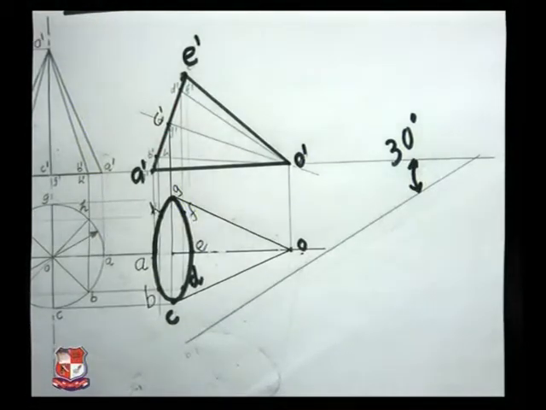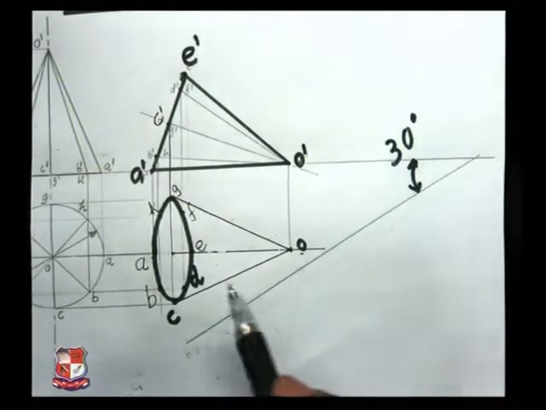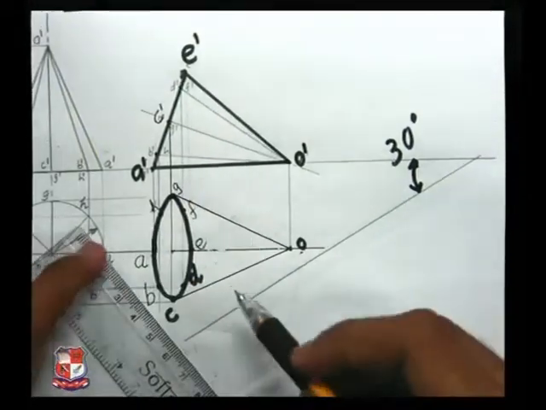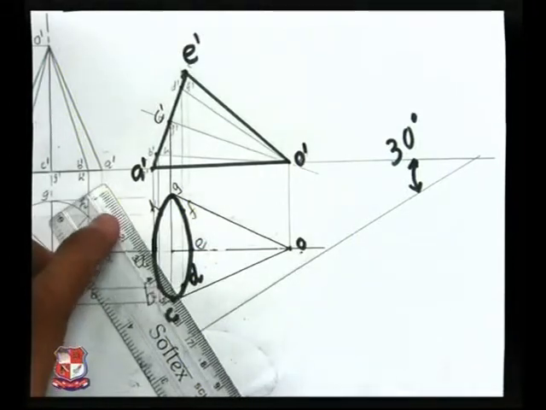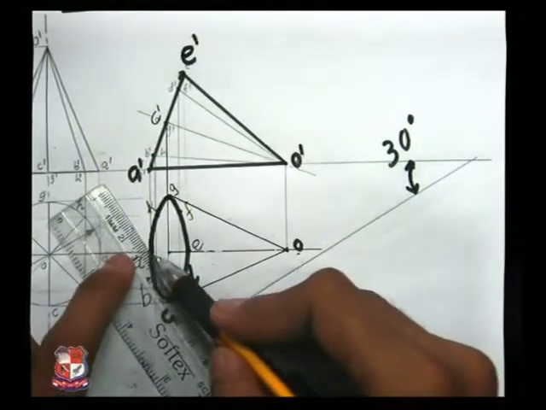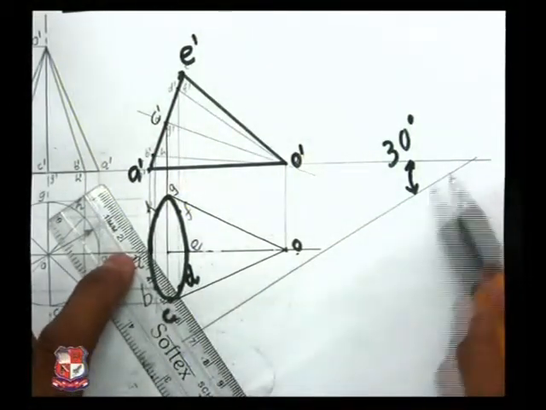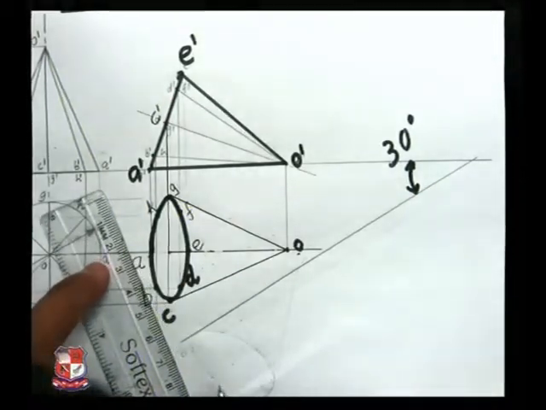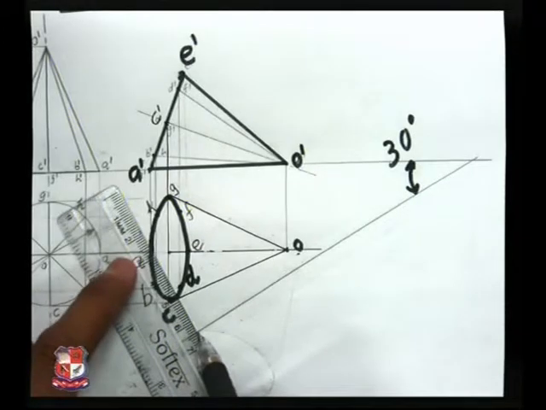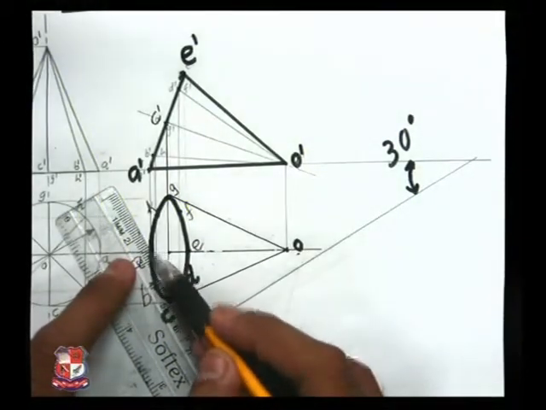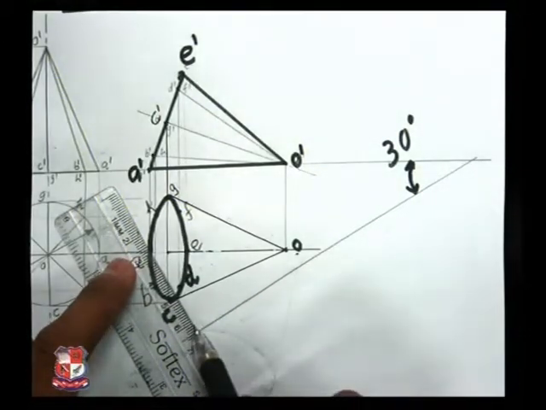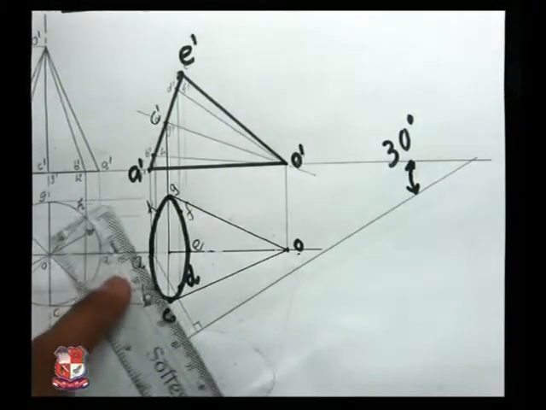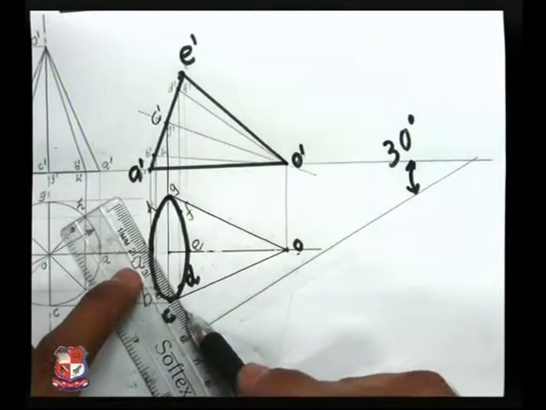After tilting this, we have to draw its top view. So for that, what should we do? From all these points A, B, C, D, E, F, G and H, draw a line perpendicular to this reference line like this. The angle between this line and this line should be 90 degrees. Here is A and here is A. So from A, draw a line such that this angle is a right angle, right? Similarly, extend this line.